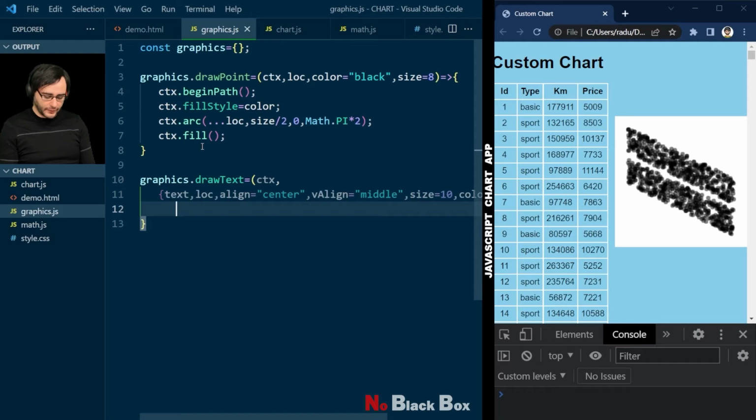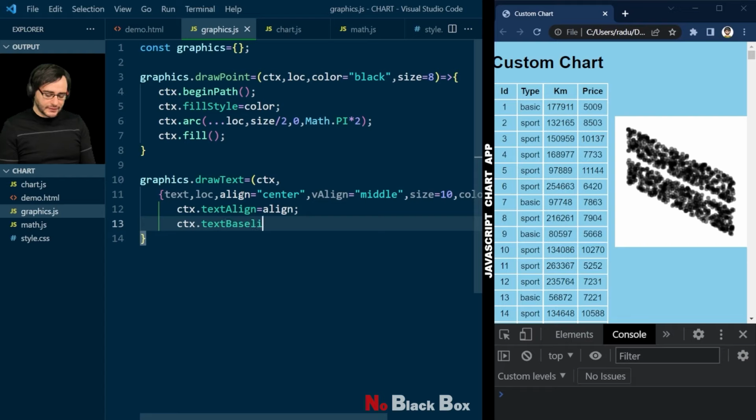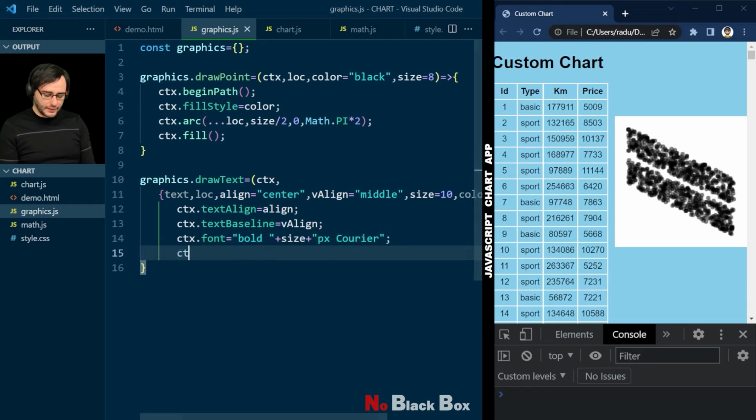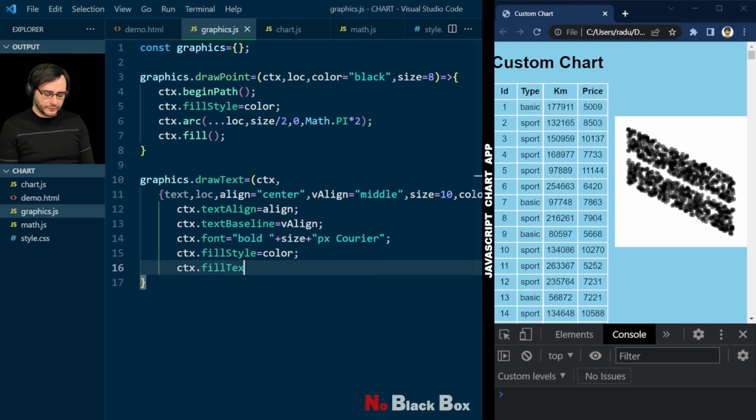Inside of this function, I'm going to say ctx text align whatever the align value tells us. Text baseline is used for the vertical alignment, so let's set this to V-align. And then a font, I'm going to use bold and concatenate here the size that we have as the parameter. This value is in pixels and Courier font. Now the fill style will be the color, and we call fill text with the given text at the given